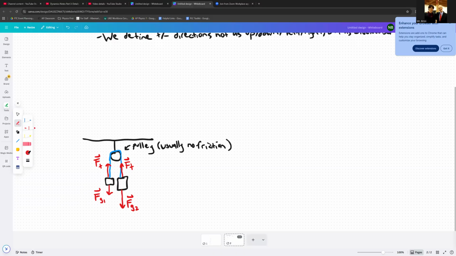FG1, on the other hand, if FG1 had its way, or if FG1 was the bigger object and the bigger force of gravity, that would then successfully get the whole thing to go counterclockwise around the pulley. So FG1 and FG2, and also we could say those forces of tension for the one object versus the tension for the other, they're really trying to do opposite things, right? FG2 is trying to get this clockwise movement, and FG1 is trying to get the counterclockwise movement. So that's why we define clockwise and counterclockwise as our positive, negative directions. So we'll go ahead and do a quick definition there. We'll say,